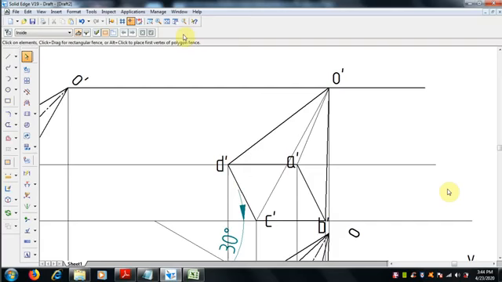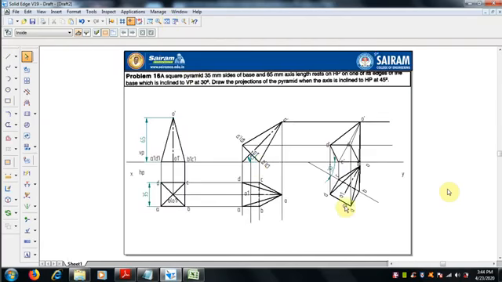Once the base ABCD is visible, so here you can see that this is the front view. When we are seeing the front view, the axis which is behind, near the reference line, will not be visible, but all these things are visible.